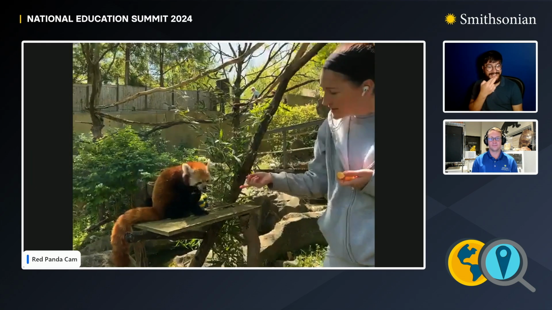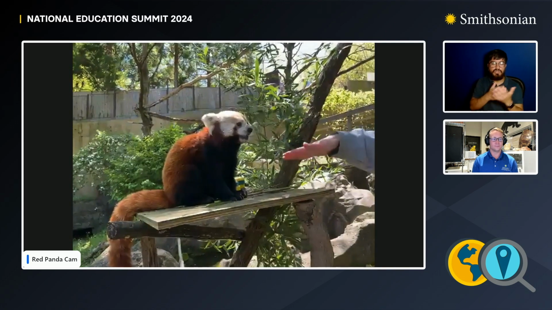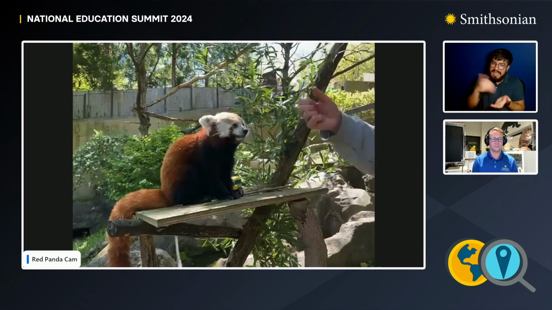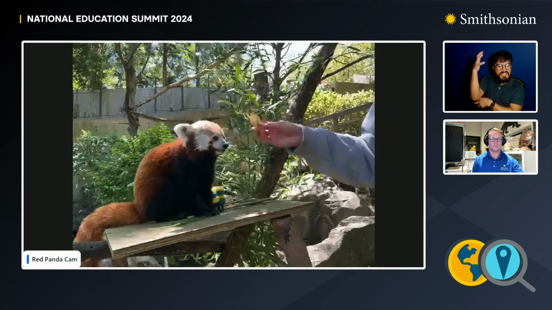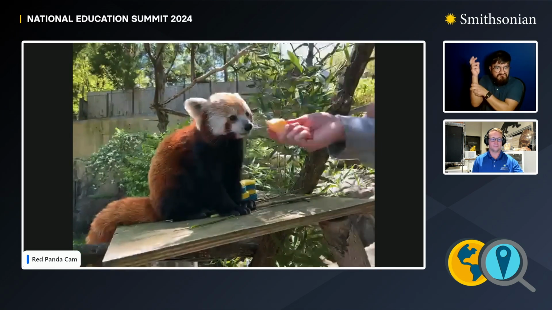You're watching Asa hold her apple. She has a pseudo-thumb. That pseudo-thumb is also what giant pandas have. They're, again, not related, but for these guys, it's not about climbing. It's about holding bamboo. And they can actually grasp something all the way around with their paw. I'll show you if I can get her to do it. You want to hold it? You see that? Very cute. Very cool, right?